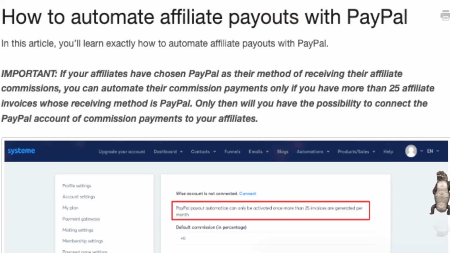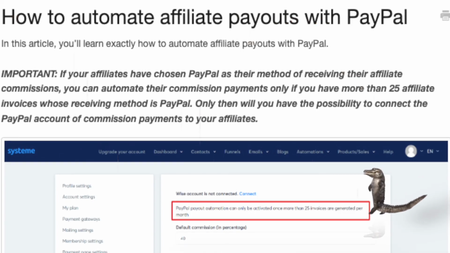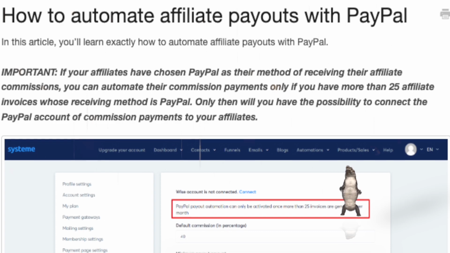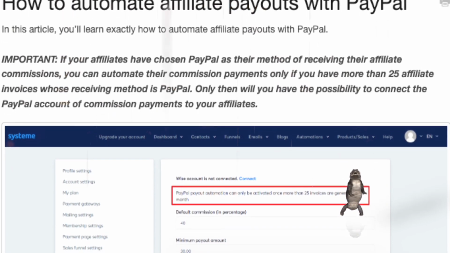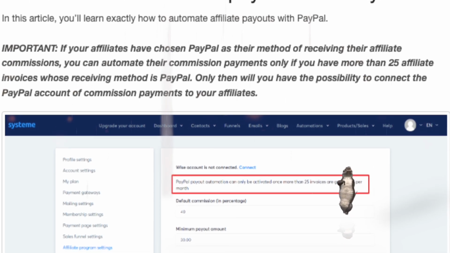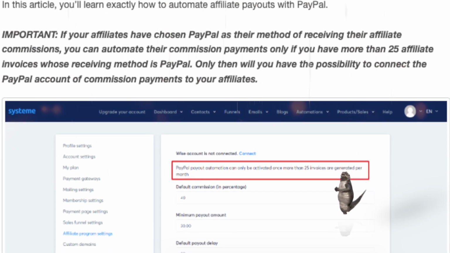How to automate affiliate payouts with PayPal. In this article, you'll learn exactly how to automate affiliate payouts with PayPal. Important: if your affiliates have chosen PayPal as their method of receiving their affiliate commissions, you can automate their commission